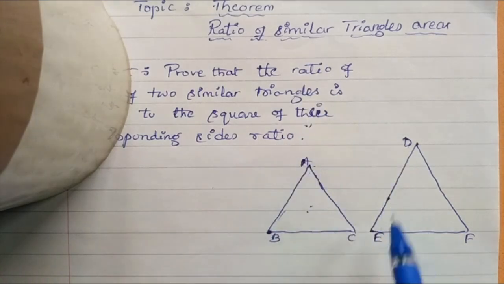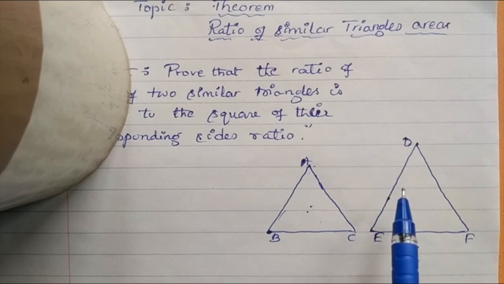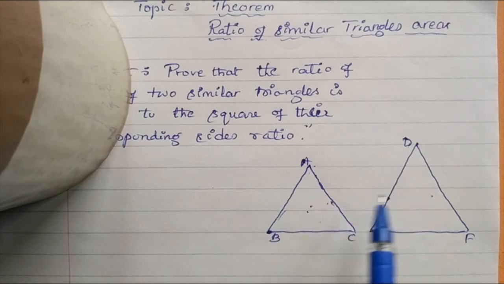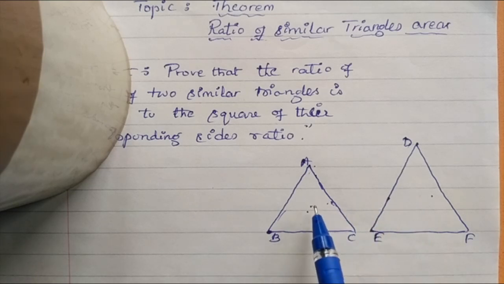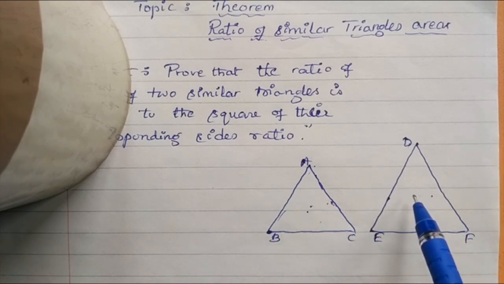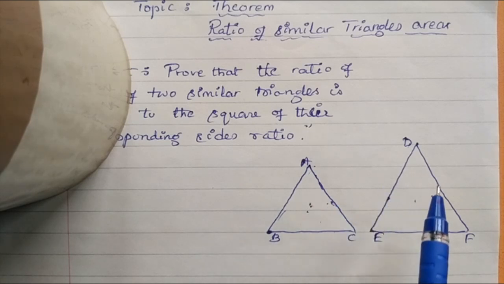We know that similarity is about smaller and bigger comparison. What is the area of ABC and DEF separately? Compare the areas of these two triangles. By looking at the size of the given triangles, we know that the area of this is smaller and the area of this one is bigger. But the main question is, what is the comparison of the areas of these two triangles? I mean the ratio. Area of this triangle divided by area of this triangle gives you what answer?